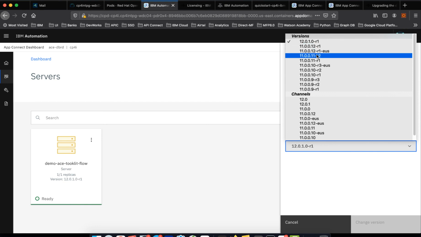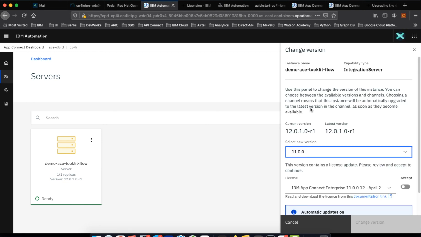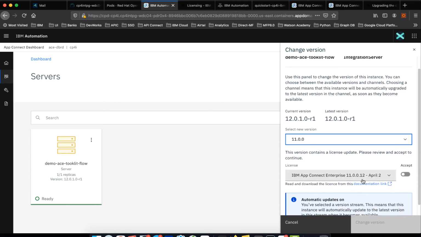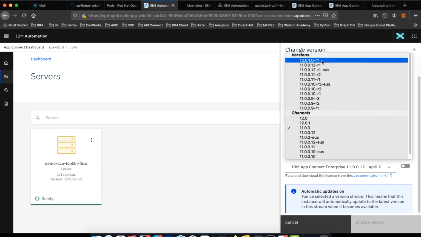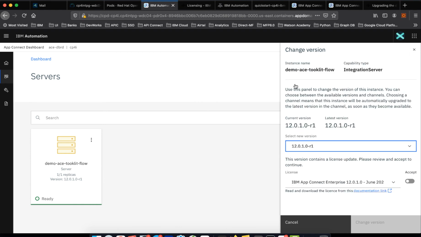Assuming if you want to change the version to 11.0, then it will show you the licenses applicable for that chosen version. The same thing, the way we did it for dashboard and designer. So just because I missed recording it, so I'm just telling, so all you need to do is choose the new version. In that case, the moment you choose the new version, it will show you this.